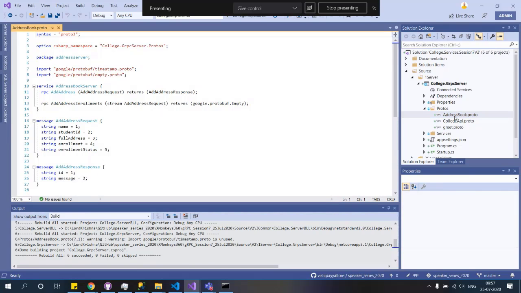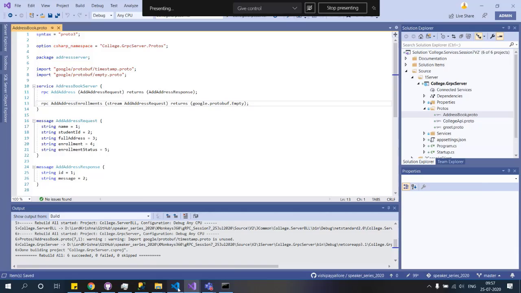Now we need to fix it on the proto side. For the address enrollments, we told it that it will receive a stream, but it is not going to return anything.